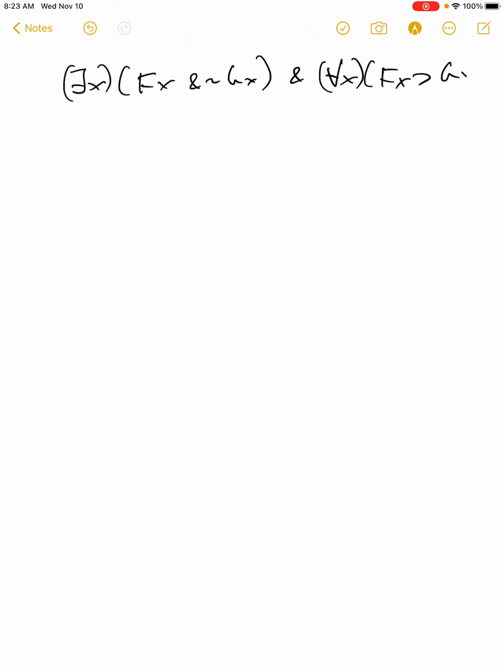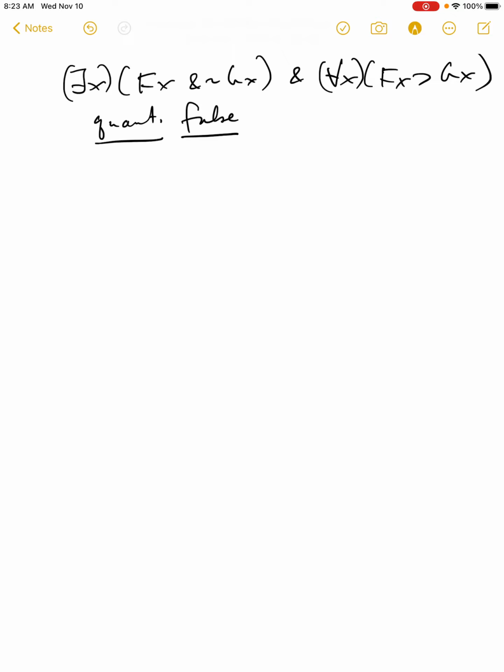Okay, at the end of the last lecture, I left you with a question to think about. I'm sure you've been pondering it since you listened to that lecture. But remember that we were talking about the quantificational properties: quantificational truth, quantificational falsity, quantificational indeterminacy. And I left you with this sentence, which I wanted you to think about how you would establish that it is quantificationally false. And before I do that one, let me just remind you